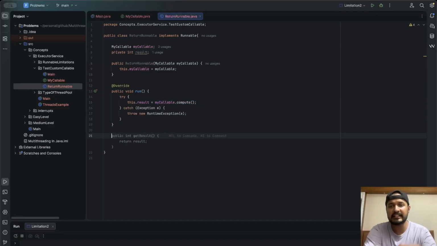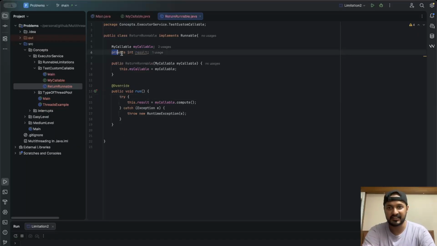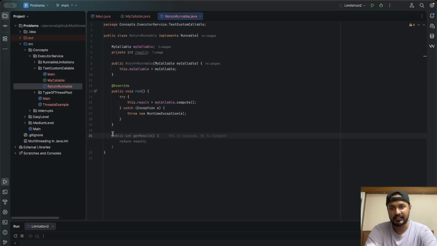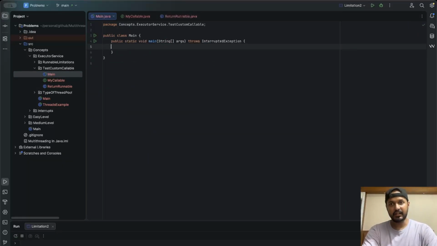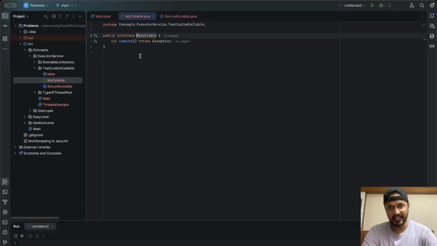Now we definitely need a method to get this result back, right? We have just assigned it. So let's create a getter for this: public int getResult, return result. So this is a getter that we have created. Now what do we need to do? Inside our main class, the first thing we will do is implement our compute method, correct?